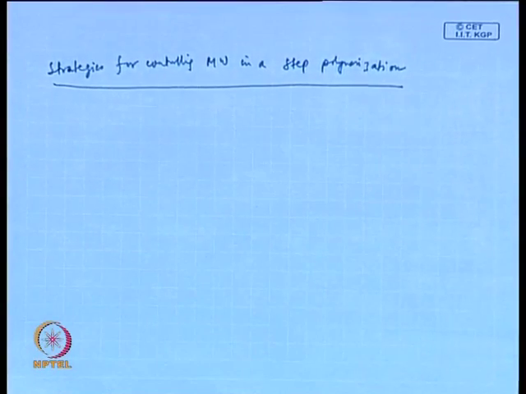Now, why do we need to control the molecular weight of a step polymer? Say I am targeting a molecular weight which corresponds to an average degree of polymerization of 100. If we end up, at the end of the reaction, with something higher than 100, then that is a problem. If we end up with a number lower than 100, then that is also a problem. If it is lower, then the polymer will not be serving our purpose, and if it is higher, then it